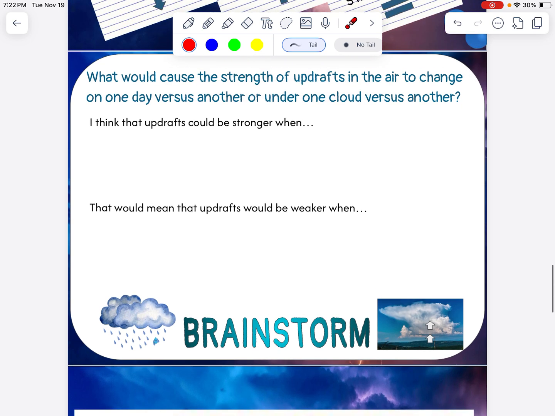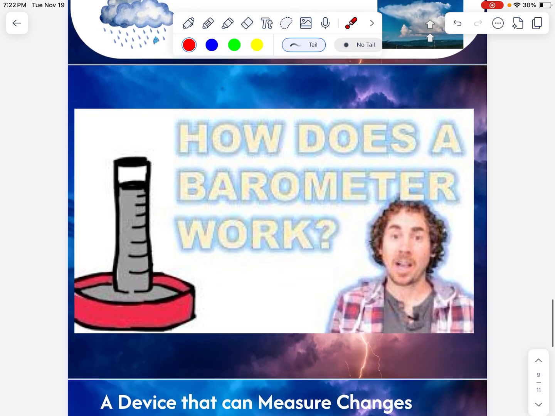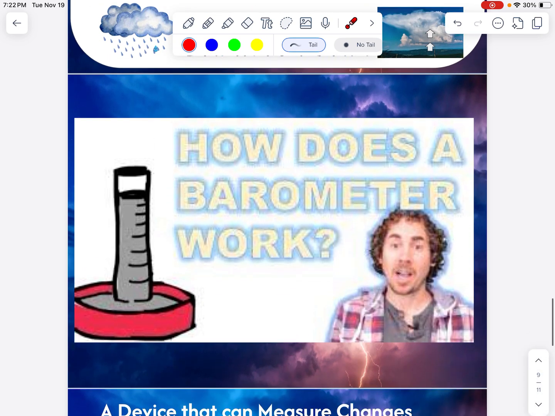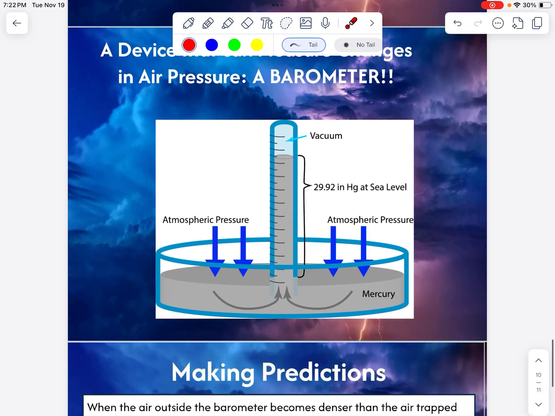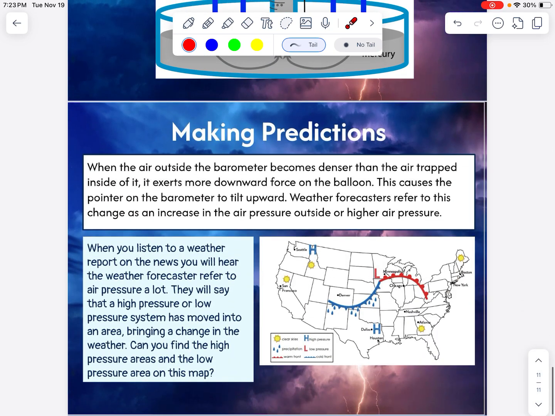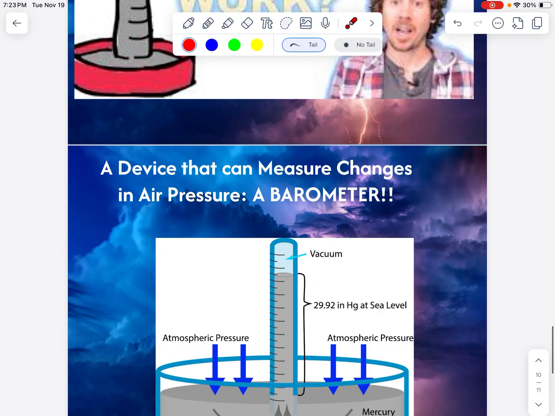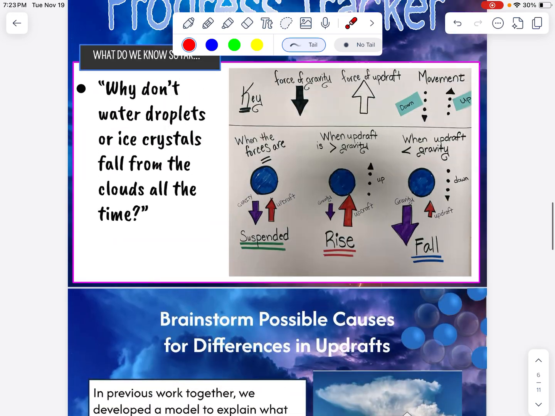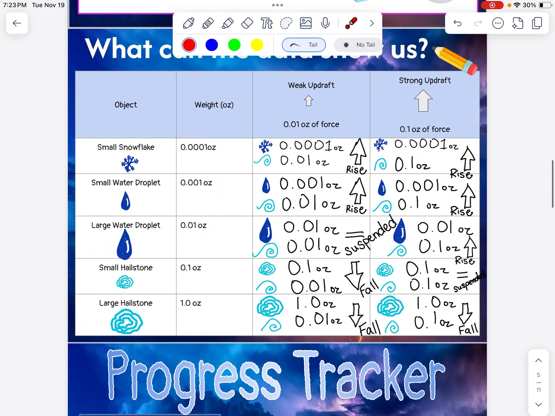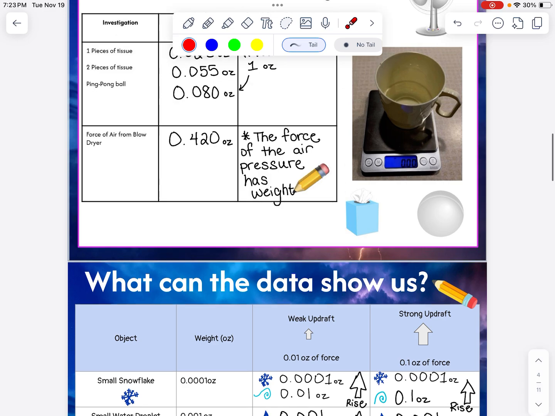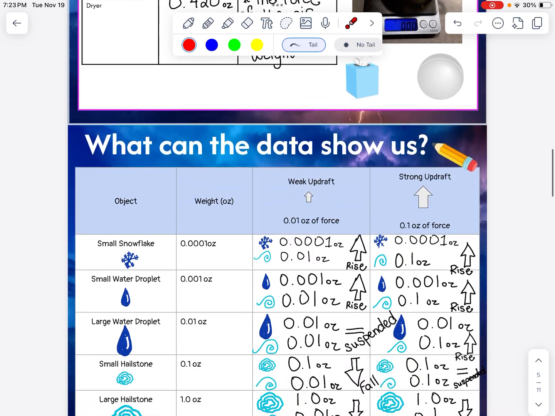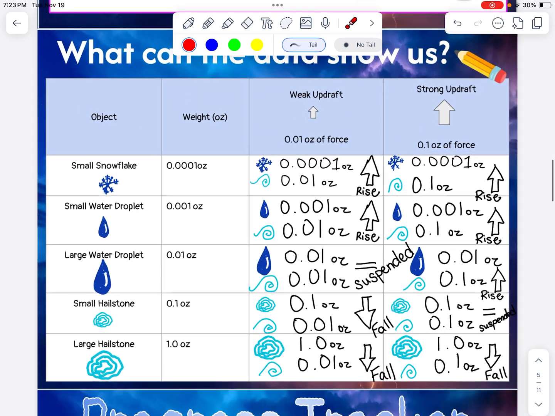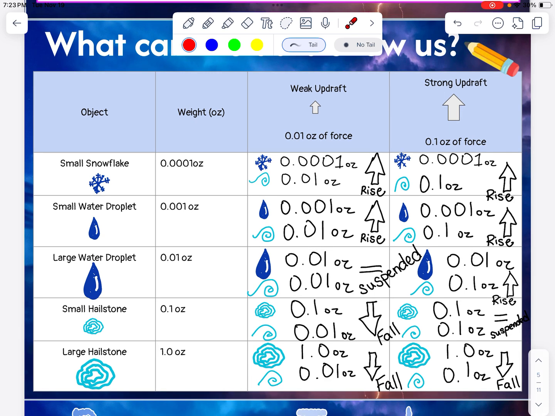If you want to jot down your notes, you definitely can. Then we're also going to watch a little bit of a video on how a barometer works. And we're going to be answering a couple of questions based on this weather map in our independent practice. So for today, right now, your goal is to make sure that you have this page of notes and you have this page of notes. And if we had to prioritize one as being the most important, it is this one.